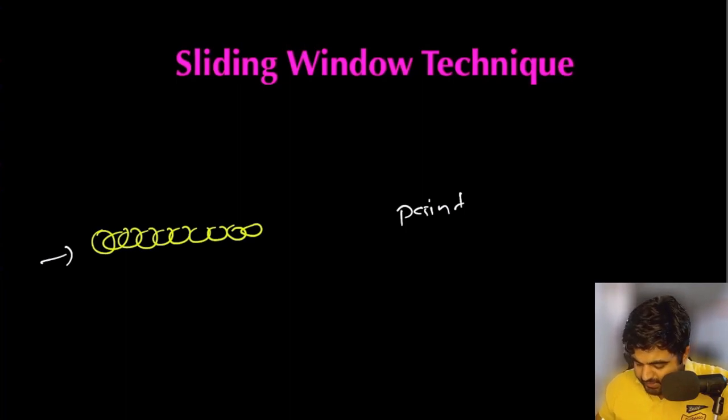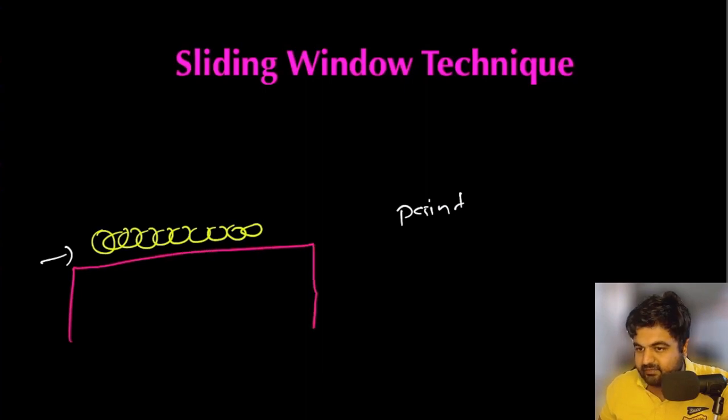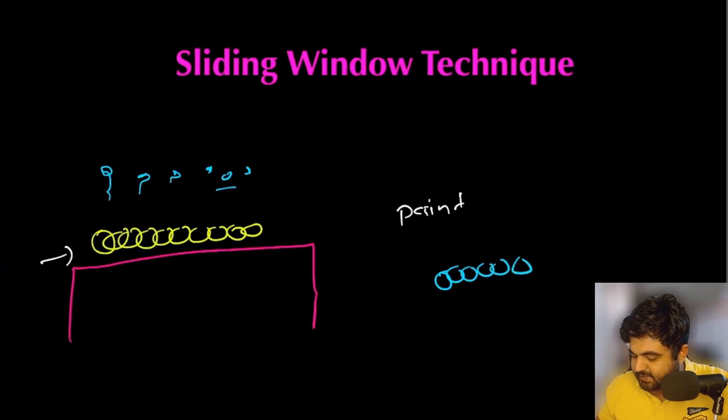Well, let's first consider one very inefficient approach, and that is to lay the entire chain flat on a table, and then we start pouring our paint from the top on all aspects of the chain. What would happen is that eventually our chain would get converted into the paint color, this paint blue, and we would have our chain like this. This is successful. This is what we wanted. But in the process, we would have spilled a lot of paint on the table as well. And that is not what we want.